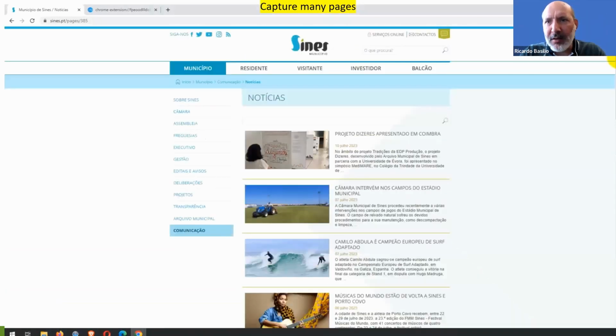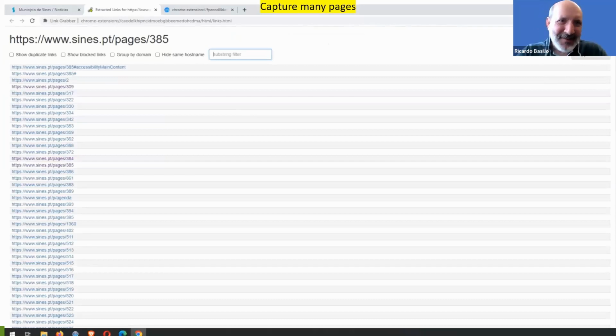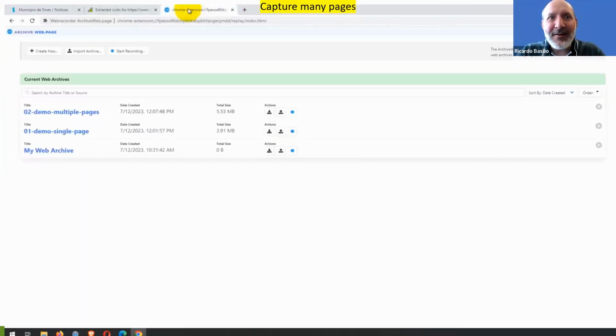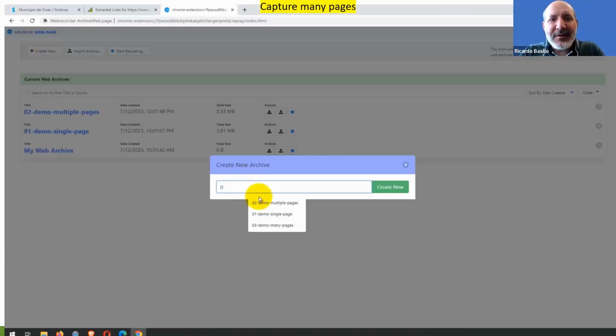How many? Using the link grabber, another extension, I showed there are more than 300 links. If I have to click in each one of these links, it will be difficult, but I will show this is very easy